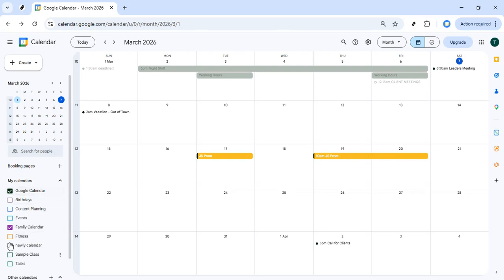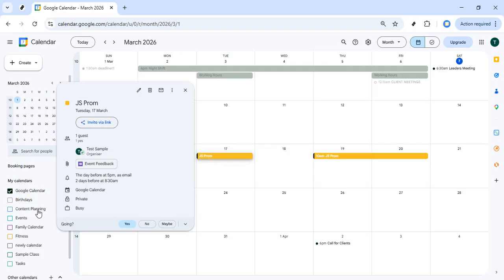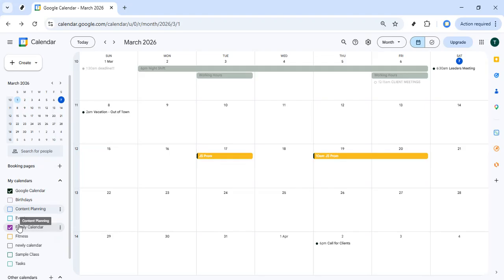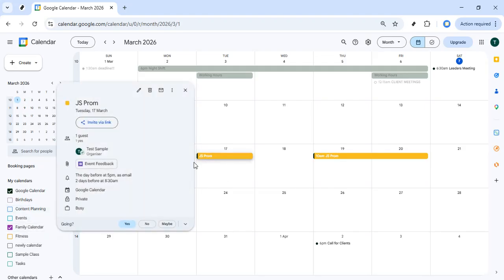Next, find an existing event on your calendar that you want to adjust. Click on that event once. This will open a small pop-up window showing the event details, such as the title, time, and maybe the location or guests if you've added them before. This pop-up is like a quick preview, but we want to open the full editor so we can change which